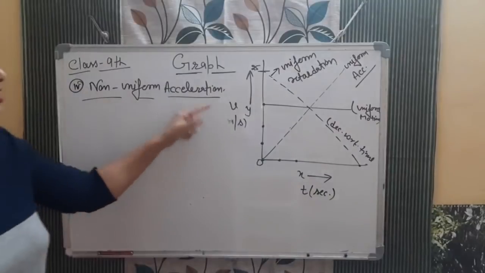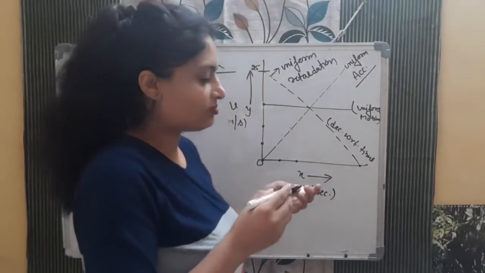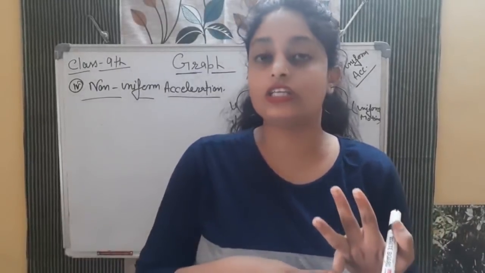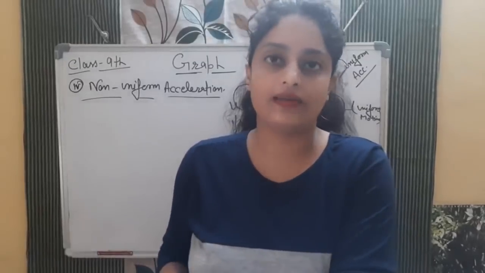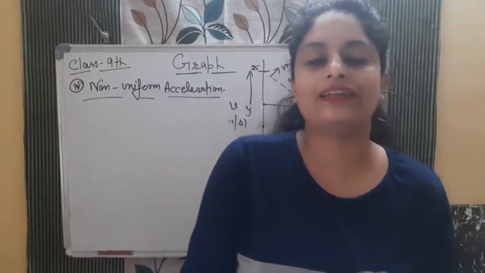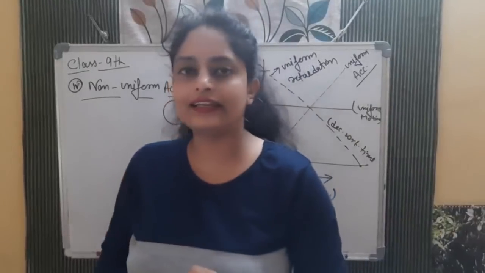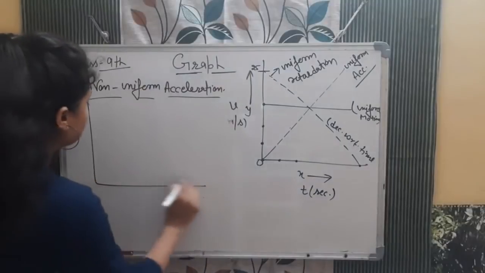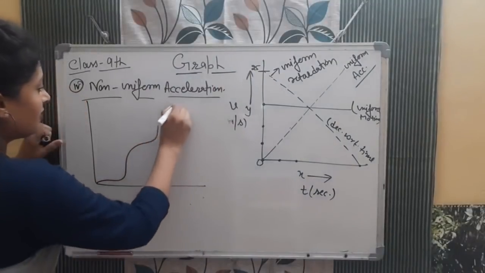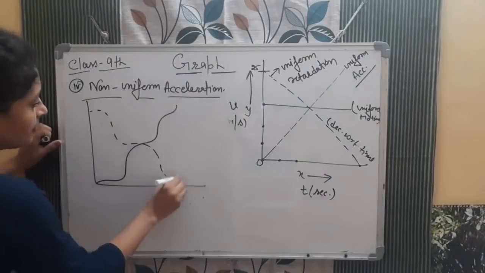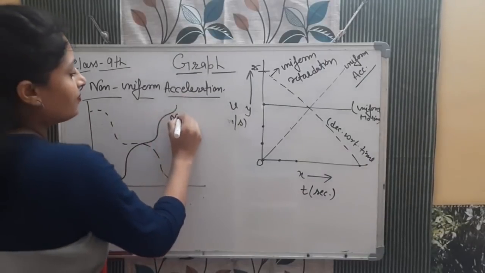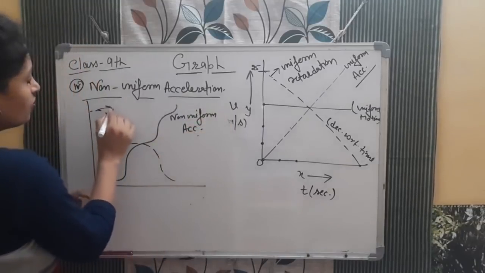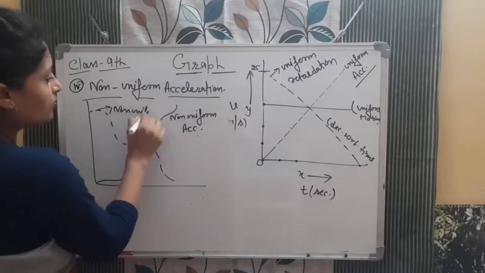Now I am saying non-uniform acceleration. So what will happen in non-uniform acceleration? Again it will not be a straight line graph, because here the change in velocity is not equal in equal intervals of time. Okay, so out of the change in velocity and the time, one thing will be unequal. The second thing, it can increase, it can decrease. So again both graphs are possible in the non-uniform case. It will be like this and it can be like this also. Okay, this is non-uniform acceleration, and if I am talking about non-uniform retardation, both are possible, right.